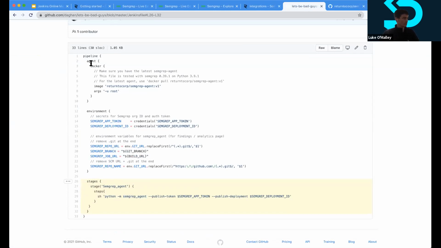So things to note, we're running within Docker. We're using the Semgrep agent image. Most folks will use this v1 tag, which is basically our stable tag or latest tag. So it's making sure that you get the latest and greatest updates to Semgrep, but it's also well tested and